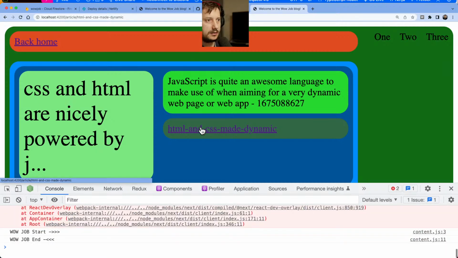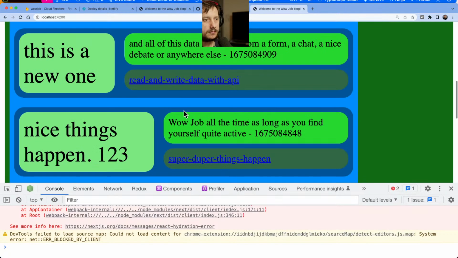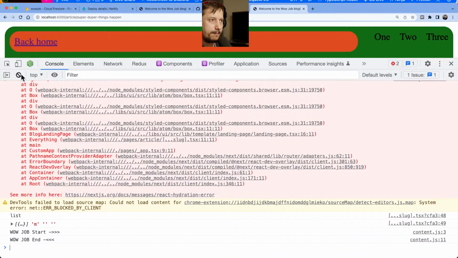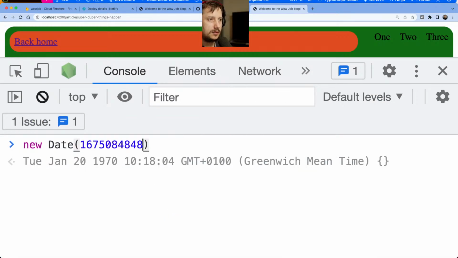HTML and CSS. Just one of them. And do I see? Yeah, this is the time here. Well, as long as you click properly. So this is the time. And I could take this and do something about it. What could I do? Well, firstly, I can do new date and pass this one in to see what I get. That's not something I want. If I multiply by 1,000 or I just add 3 zeros at the end of it, it sounds more like a date